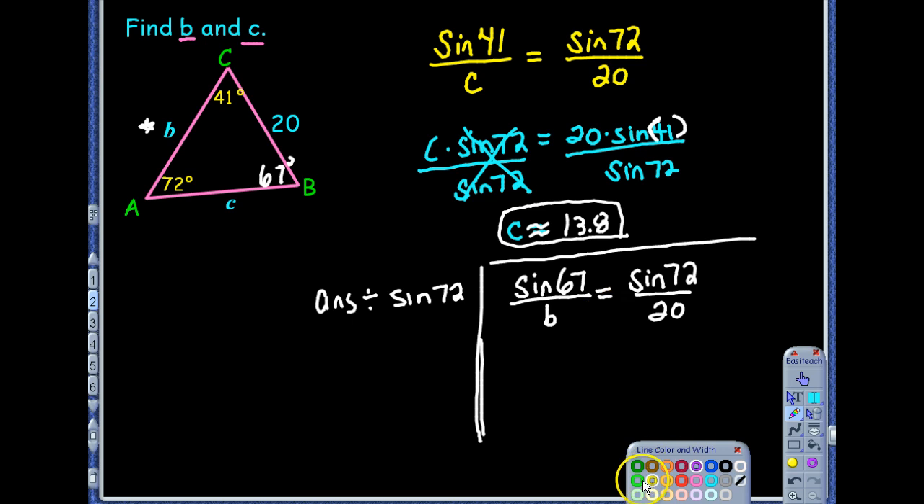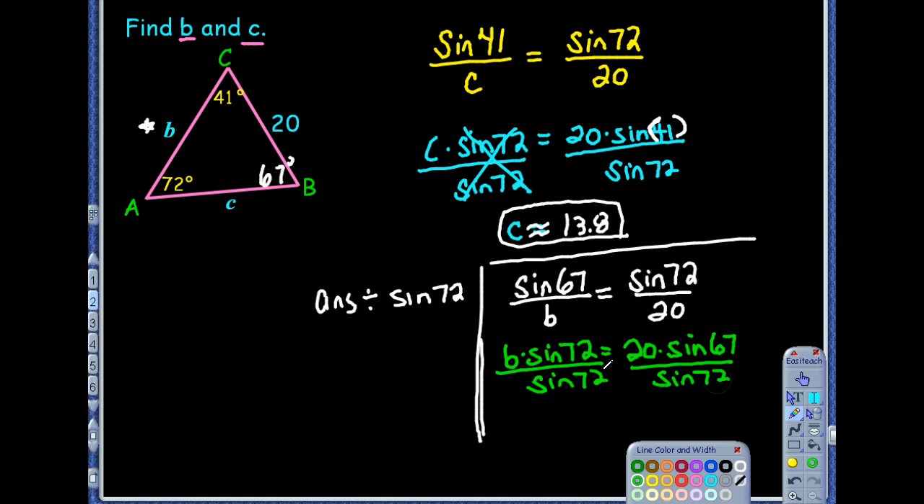All right, so we're going to cross multiply again. So B times the sine of 72 equals 20 times the sine of 67, and then divide by sine of 72. Notice it's very much the same process as what we've been doing. So B is approximately